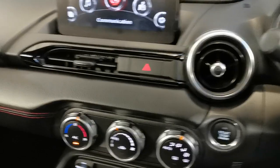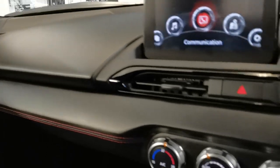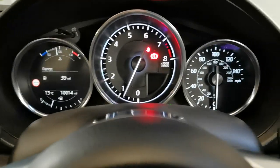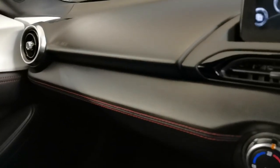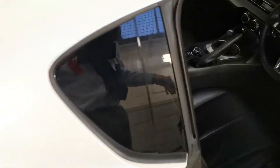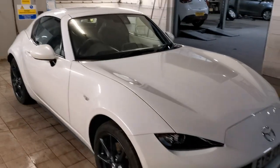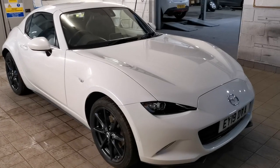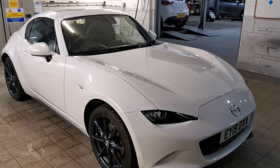But a fantastic car. I cannot recommend these highly enough. 12 months Mazda approved warranty, and with the 184 PS engine you're getting outstanding performance. And look at that, 10,000 miles, nearly as good as buying new, this car, for a fraction of the price. Beautifully presented. The condition of this car is superb. If you want to know more about this well presented car, it's in beautiful condition, please go onto our